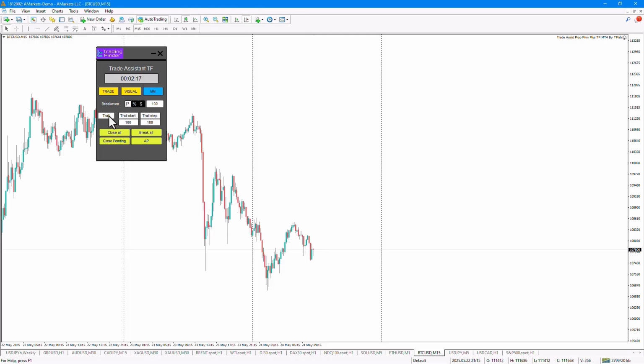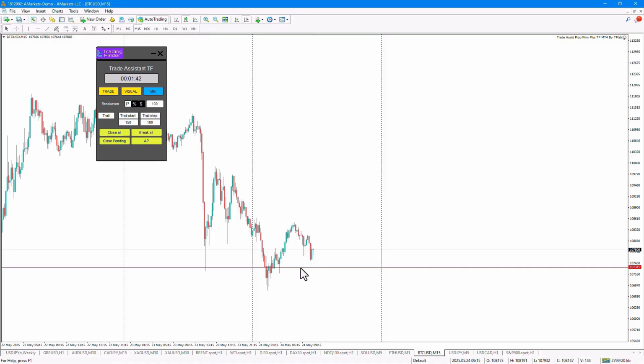The next option is related to the trailing stop, which consists of two parts here, the trail start and the trail step. The trail start refers to the moment when we've entered a trade and the price has moved beyond the profit threshold. If I enter the number 150 here and set the trail step to 100, just to make it clearer,